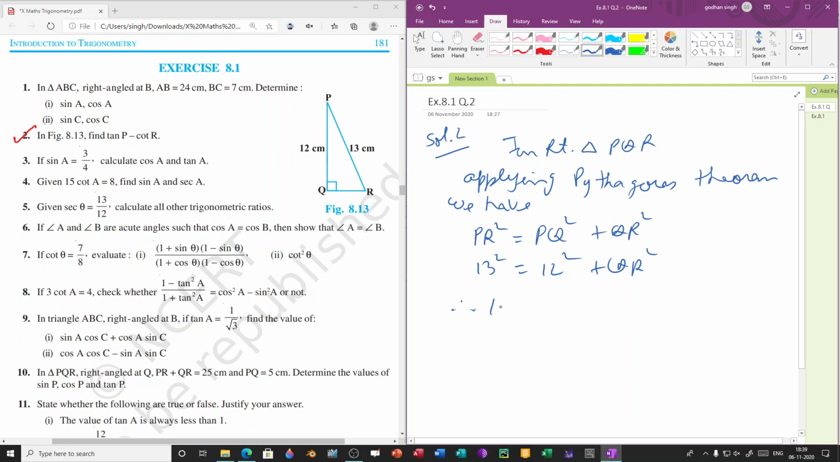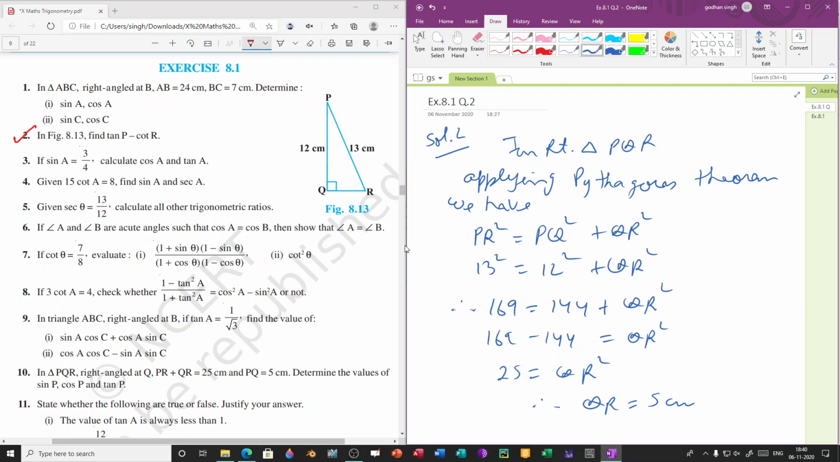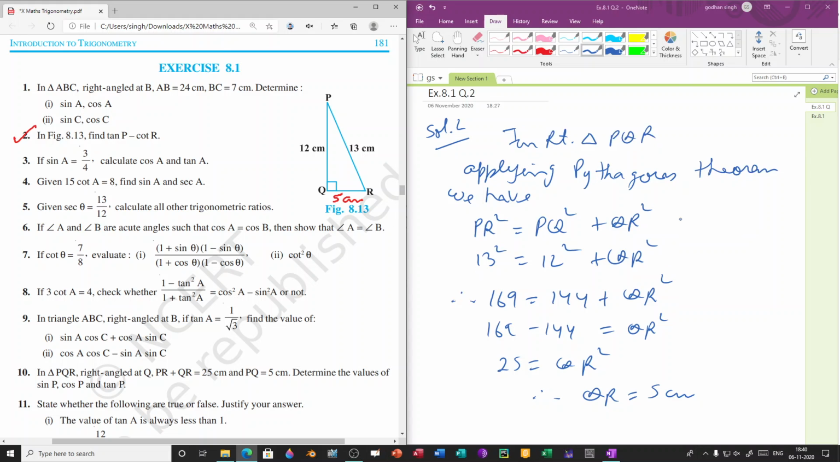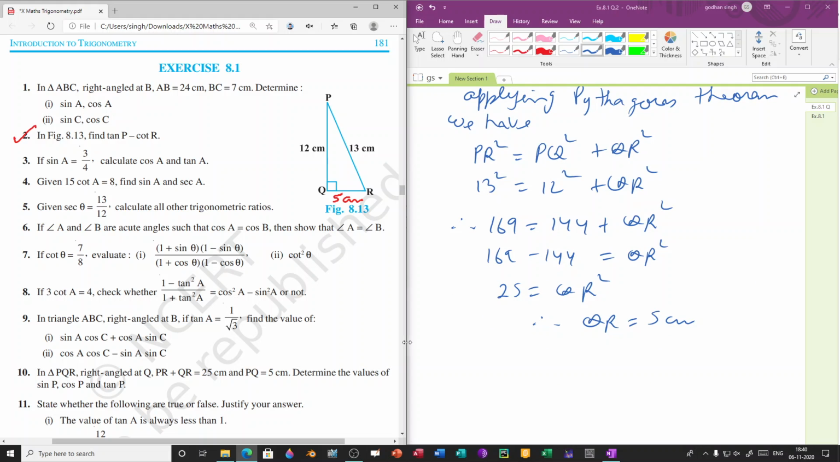So this will give us 169 equal to 144 plus QR whole square, and this will give us 169 minus 144 equal to QR square, and when we subtract this we will be getting 25. So 25 equal to QR square. Therefore QR equal to 5 centimeter. So this is our 5 centimeter. Now we will be finding the value of tan P minus cot R, but before that we will find the value of tan P and then the value of cot R, then subtract them. So tan P now,